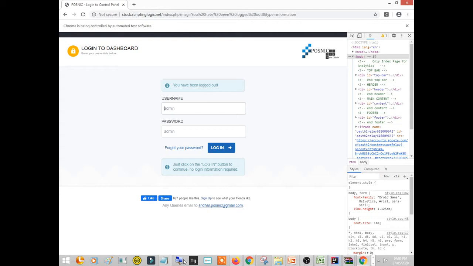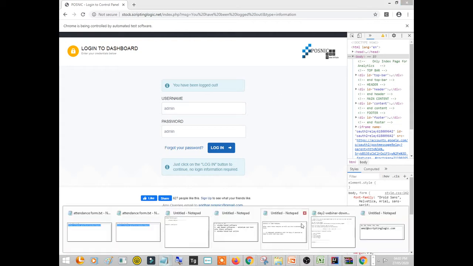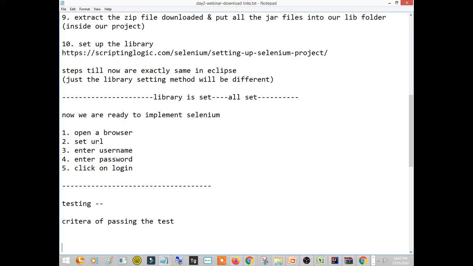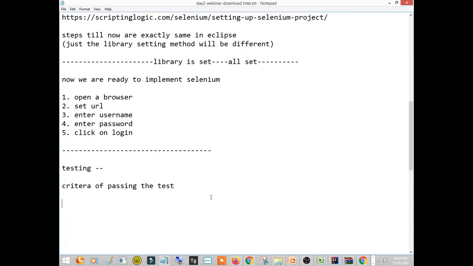So here are our notes for testing: criteria of passing the test. There are several criteria.